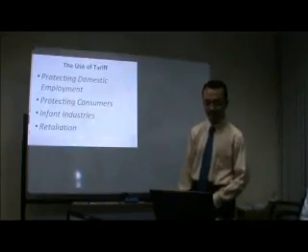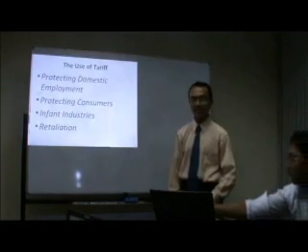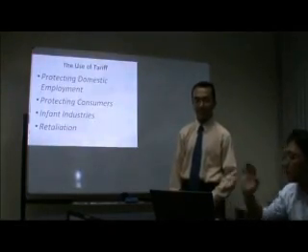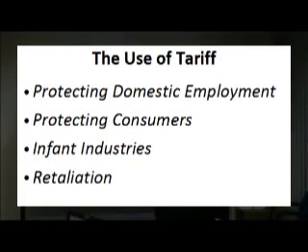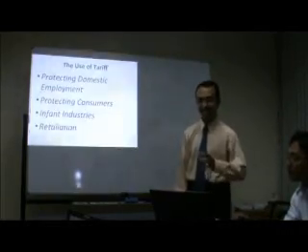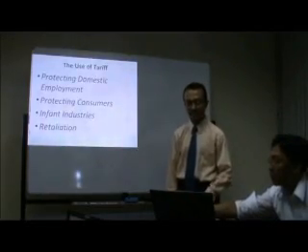And the third, infant industries. The use of tariffs to protect infant industries can be seen in the import substitution industrialization strategy employed by many developing nations. Fourth, security. Barriers are also employed by developed countries to protect certain industries that are deemed strategically important, such as those supporting national security.